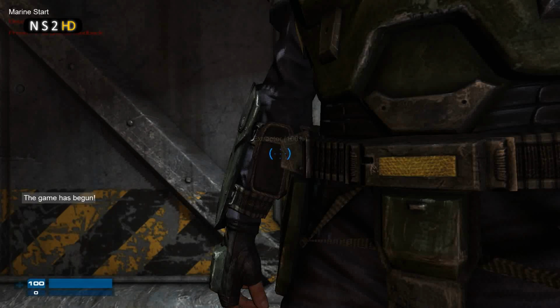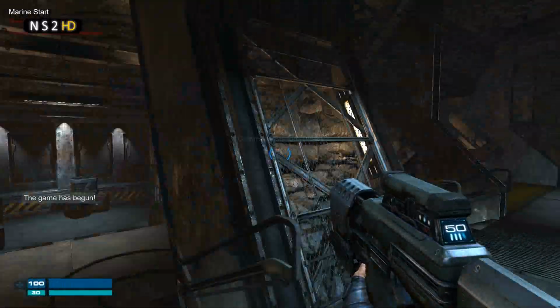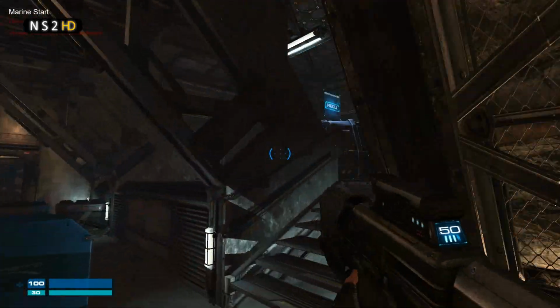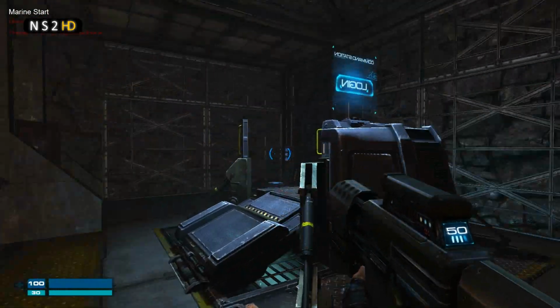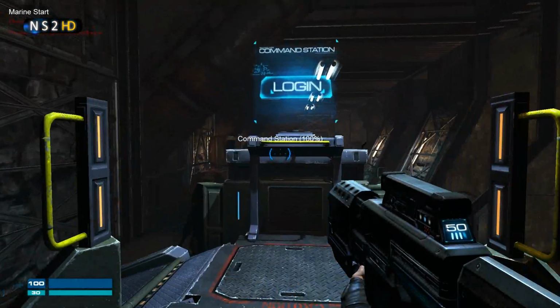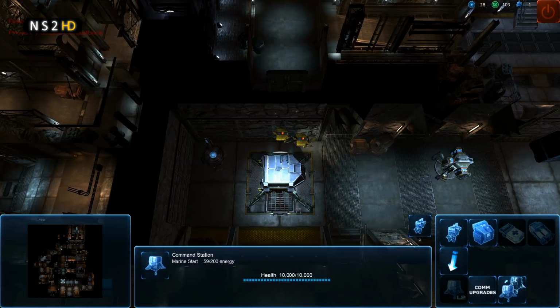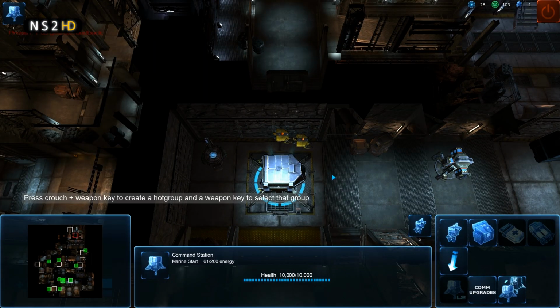So, let's say you've just joined the Marine team and you've noticed that there's no one in the command station and you think you'd like to have a go. Well, I really encourage you to jump in and see what it's like. And it's really easy. All you have to do is run up onto the red bordered platform and press E. And lo and behold, the command station will close around you and you'll enter this commander view, which is mostly